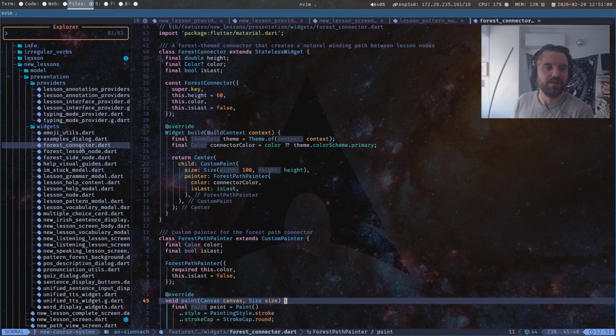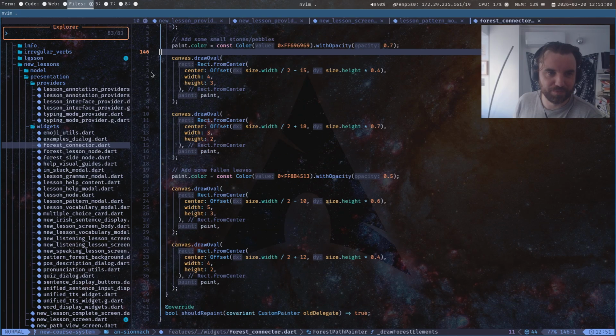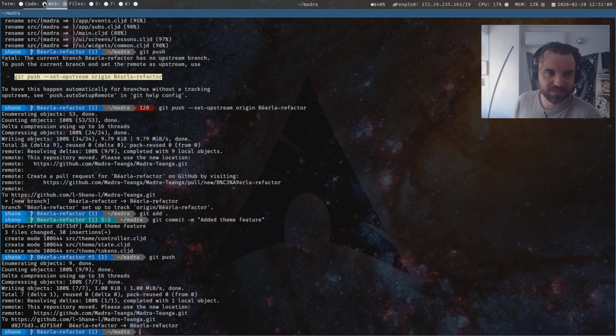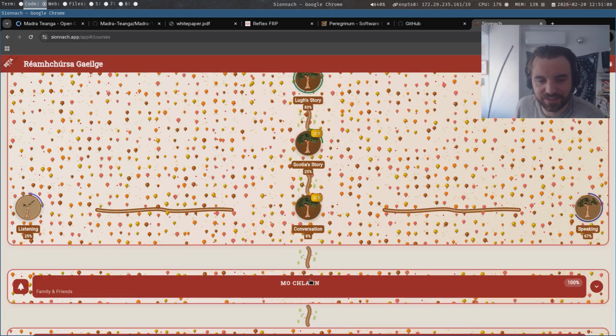Yeah, and this is just for the connector. So this is quite simply for her. This is literally just the brown lines. That's all that is. It's just the brown lines. And here you can see the trees are on top of the brown lines because it's supposed to be a path going through the forest. But here I couldn't get it to work because the path is on top of the trees.